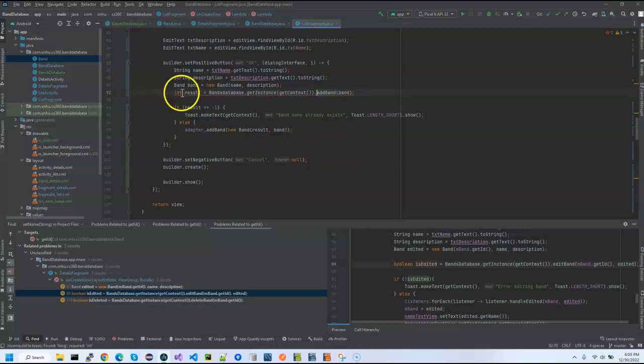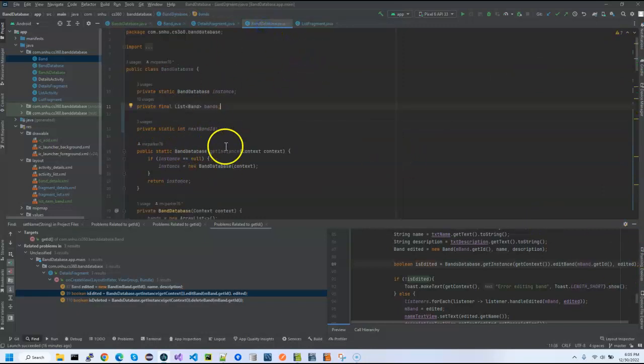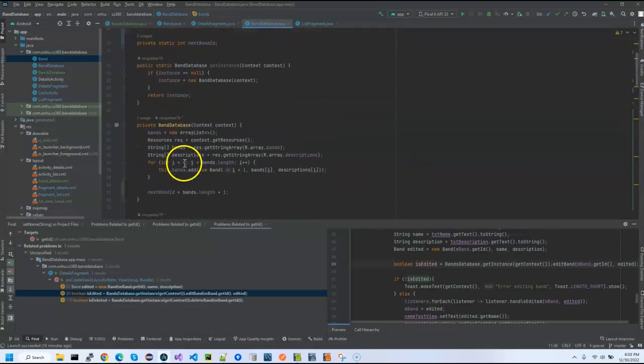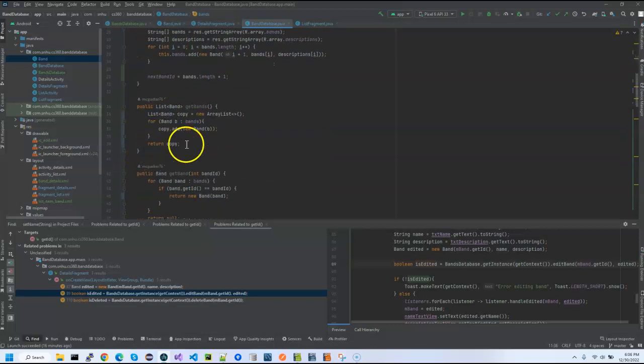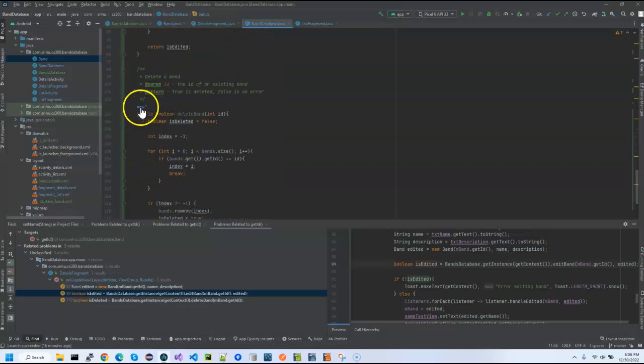We are adding a band, so this has to become a long. And that is all cleaned up. Now we have one more usage. This becomes bands database, and we are getting all of the bands there. All right, so cross your fingers. We shouldn't have any references to any of these methods in the band database. Get instance no longer has any references, and get bands, get band, none of these have any references that are being used. So great, let's go ahead and